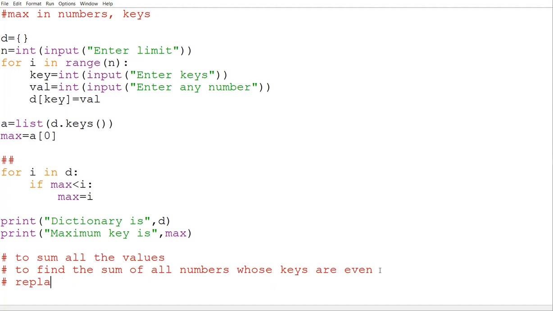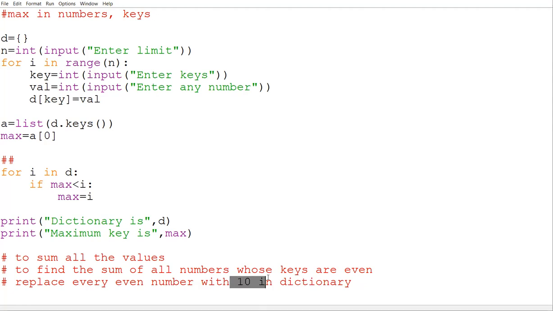Replace every even number with 10 in dictionary. Remember this thing. When you are going to print your dictionary, in that particular case, the update must be done in the dictionary.